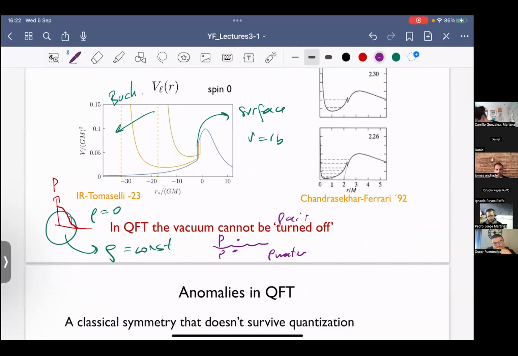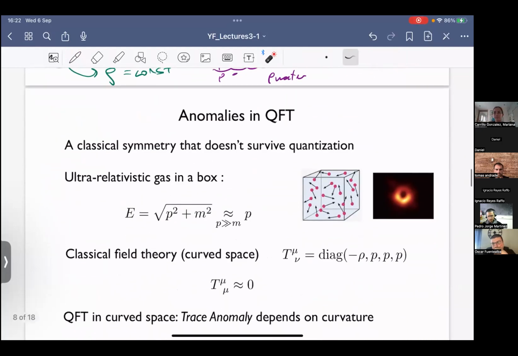My camera turned off for some reason. I'm trying to fix that. Okay, so